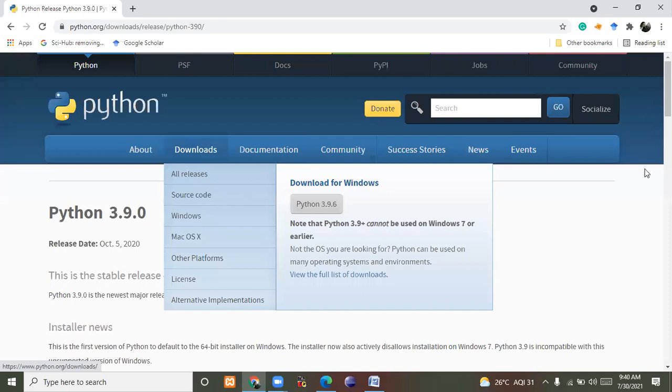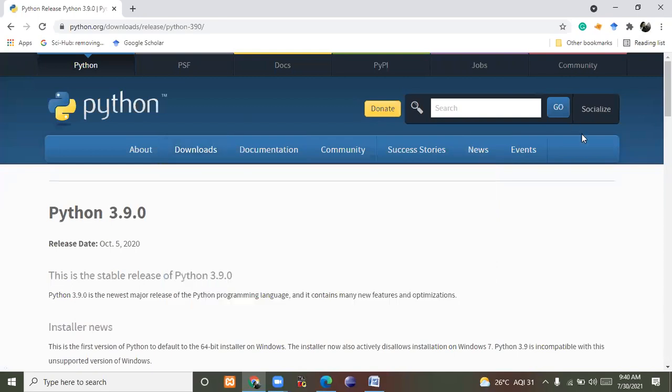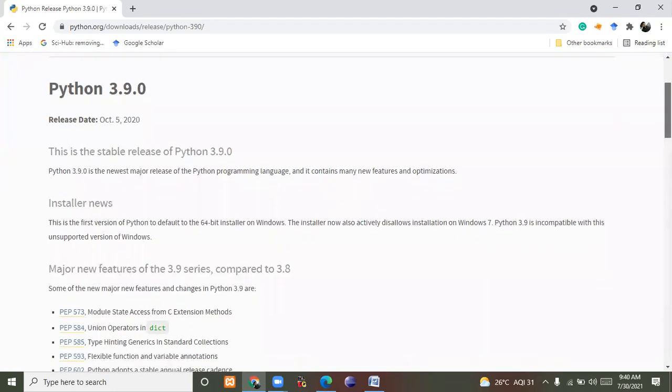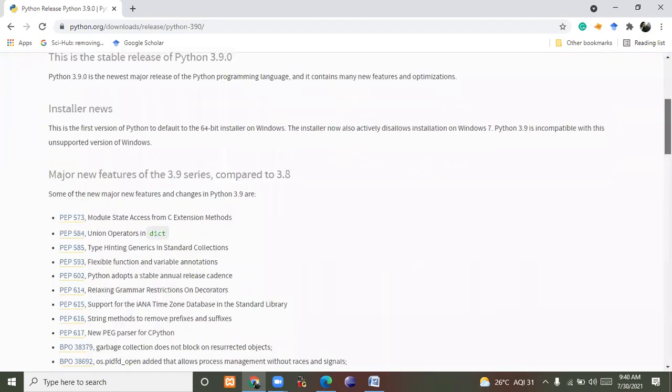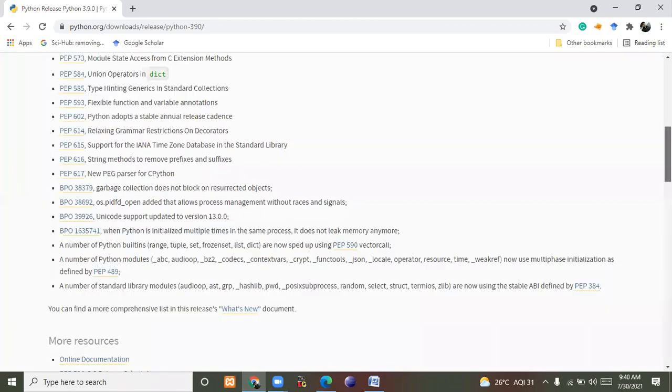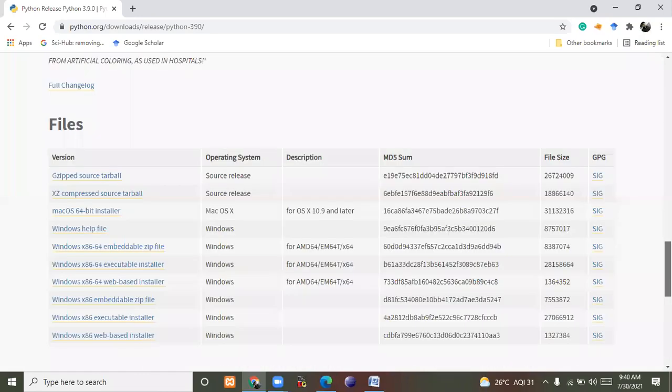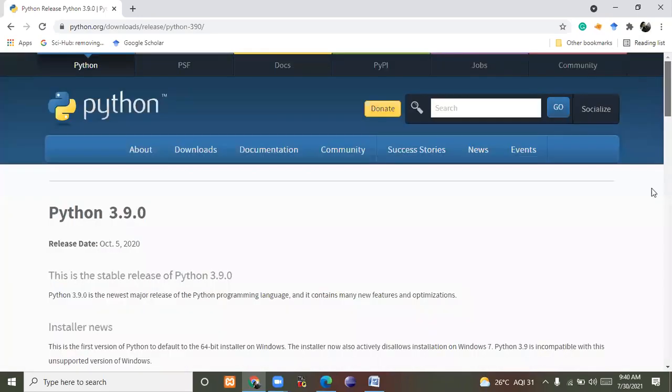See very carefully. On those computers, you install below 3.3. Here my laptop is 64-bit. If your laptop is 64-bit, you can directly install 3.9. There is no issue. And my OS is Windows 10, so sometimes it will ask whether your OS is supported. After clicking on that, just scroll down.